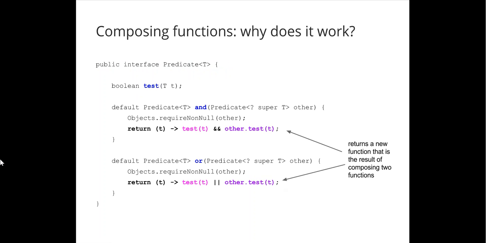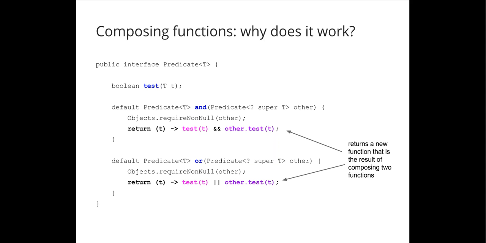Predicate is an interface. So when we've got an instance of a predicate, we get an object out, and we're always able to call methods on objects. That's the way Java works. So if we look up the implementation of the predicate interface in Java 8, you'll see that not only does it support an abstract method called test, but it supports two default methods. If you're not familiar with default methods, don't worry. It's just a way to have implementation code inside interfaces. That's something that was also introduced in Java 8.